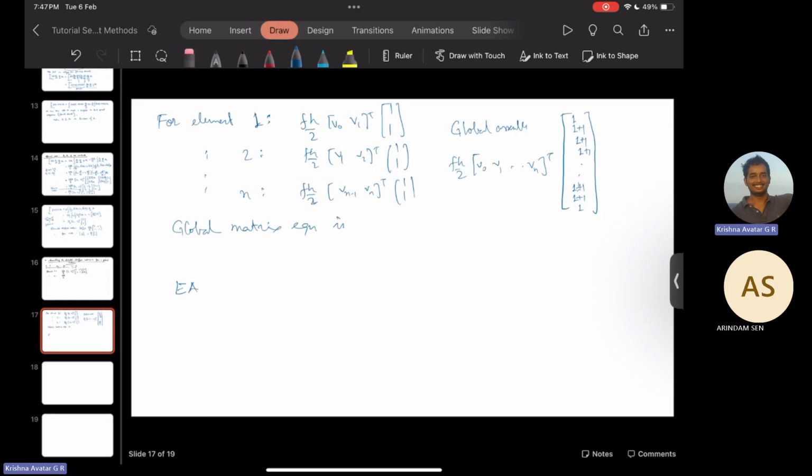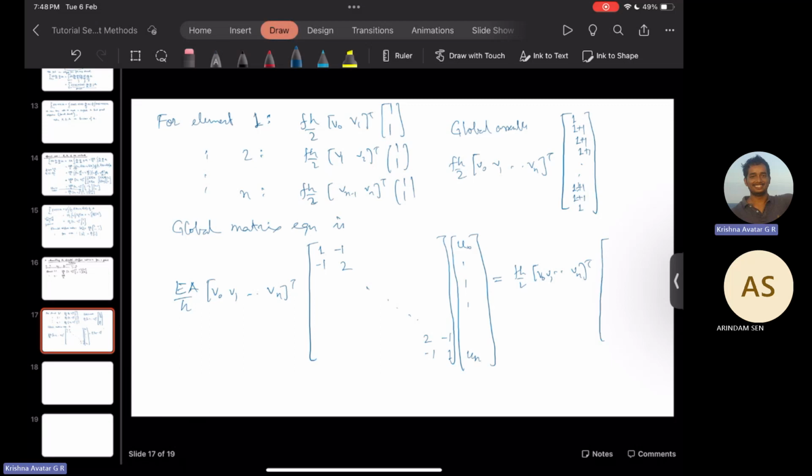So we'll have EA by H, V0, V1 till Vn transpose, and then here we have 1, minus 1, minus 1, 2, and then it goes to 2, minus 1, minus 1, 1, and this one will be u0 till un,